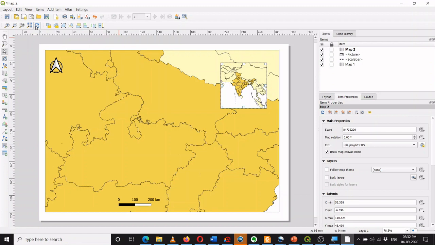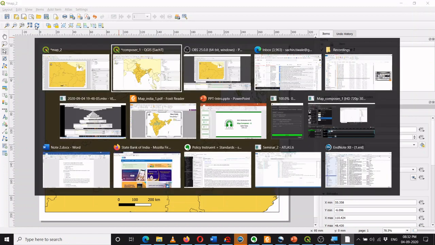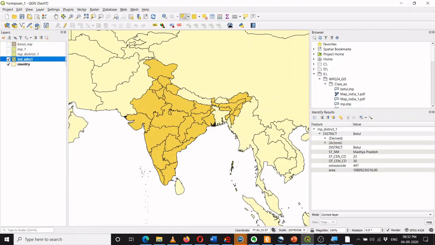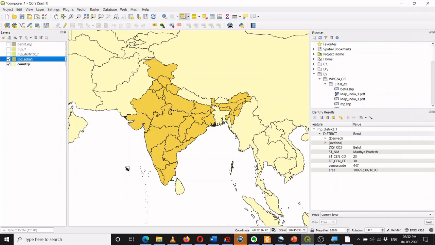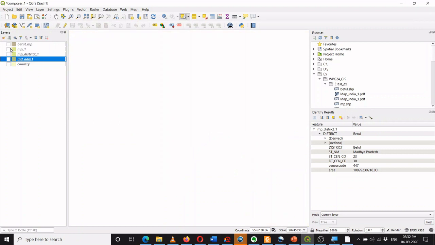So earlier the map has gone, because the moment you press refresh, it will fetch whatever is there over here. So it has fetched this map correctly, but there is no longer a MP map, which was earlier there. So what you need to do, let's see it carefully. So I will go back again, I will bring my first MP map again. I want a map of MP with a Betul district.